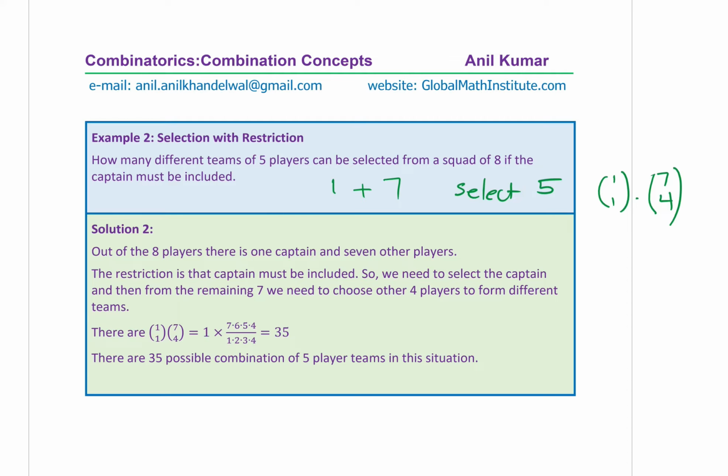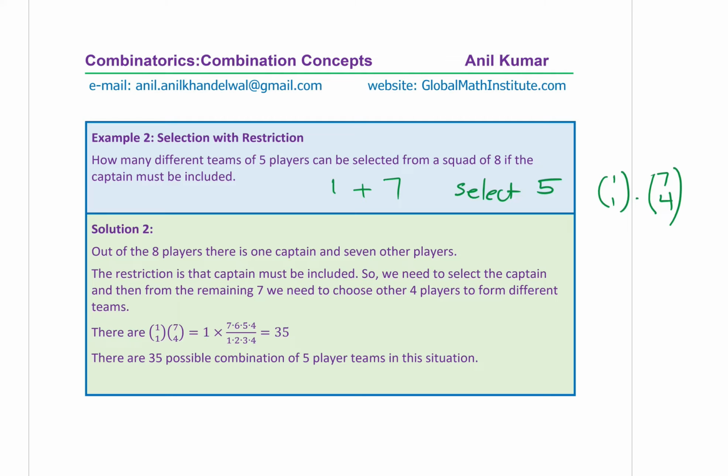How simple is this? Do you see that? We have a condition. We applied the condition first and then selected the rest. That is the strategy. Perfect. You can go through the solution. It says, out of the 8 players, there is 1 captain and 7 other players. The restriction is that the captain must be included. So we need to select the captain, and then from the remaining 7, we need to choose the other 4 players to form different teams. So there are 1 choose 1 times 7 choose 4,